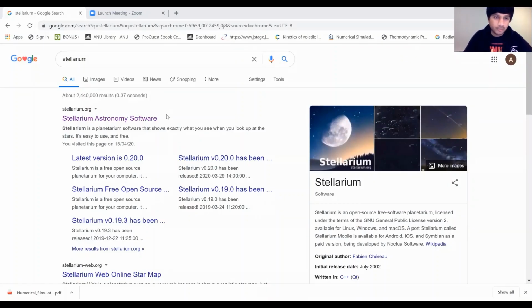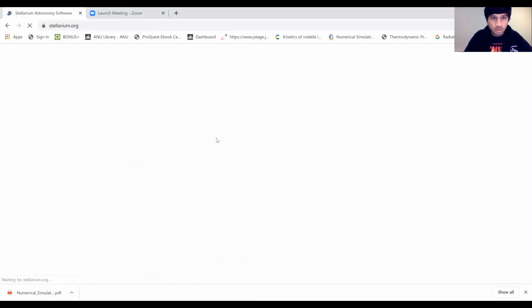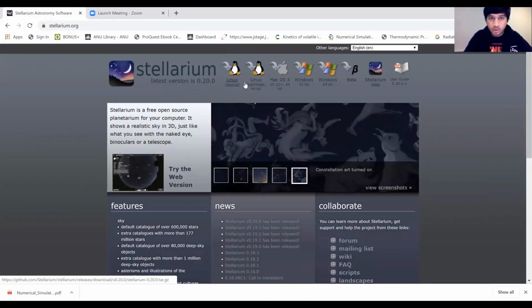Okay guys, we are on the web. And if you Google Stellarium, you will immediately get directed to this result. So once you open the website, you will find various versions suited for various operating systems. Download the version which is the most suited for your operating system, and it's barely a 5-minute process to get it installed. So I'm just gonna fast forward to the installed version.